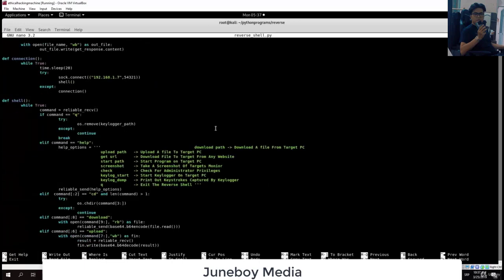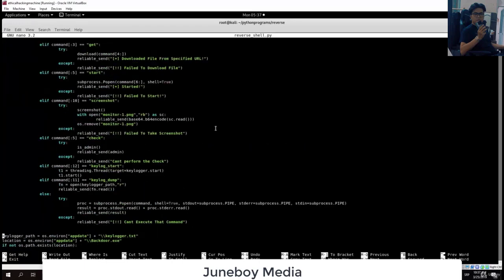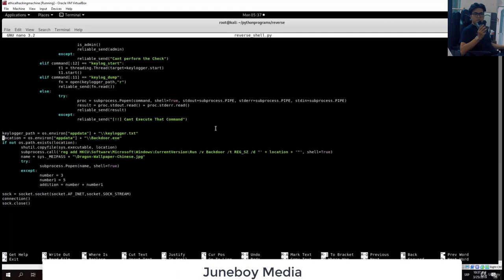actually doesn't look so suspicious. For example, we do not want to create a persistence with a name called backdoor.exe. Let's call it windows32.exe, for example. Something that doesn't get too much attention, even if it is seen in a folder. So we change the location of the backdoor to be windows32.exe, but this also means that we have to change a few other things, or we do not actually have to change right here since it specifies it as a variable,